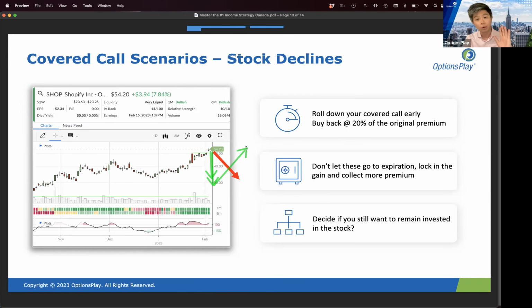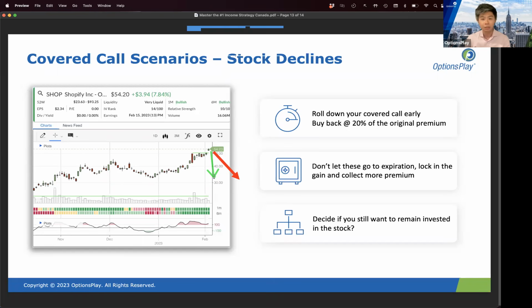And if that's the case, no problem. Keep holding on to the stock, keep selling covered calls. But a lot of the times when bad news comes out, that means new information has come out where you might be rethinking, is this still a good investment? A lot of times you'll find that new information that comes out that tanks a stock should reframe your decision as to whether or not you want to hang on to this stock, right?